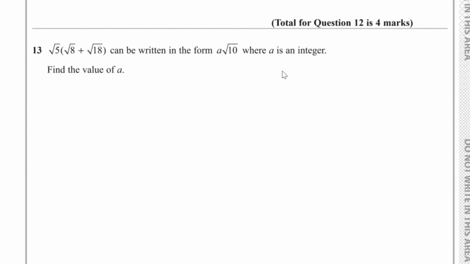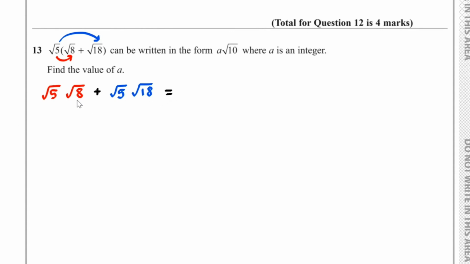Question number 13, we have root 5 times root 8 plus root 18 can be written in the form a times root 10, where a is an integer. We have to find the value of a. Well, we can multiply the root 5 by the root 8. So we have root 5 times root 8, and then we also have the root 5 times the root 18. And if we add these together,